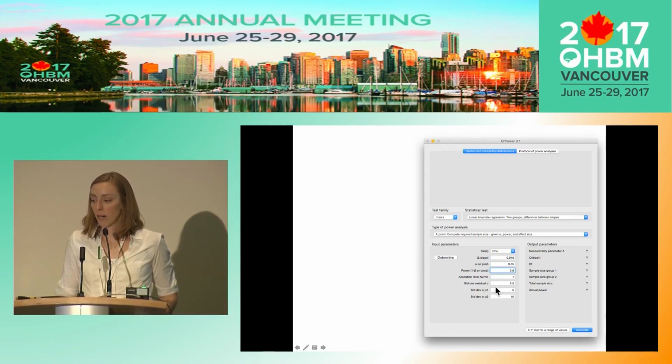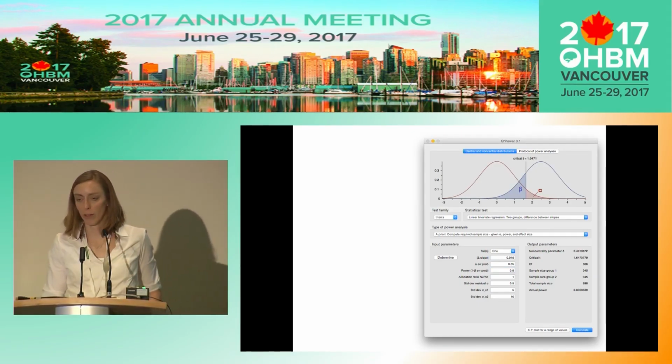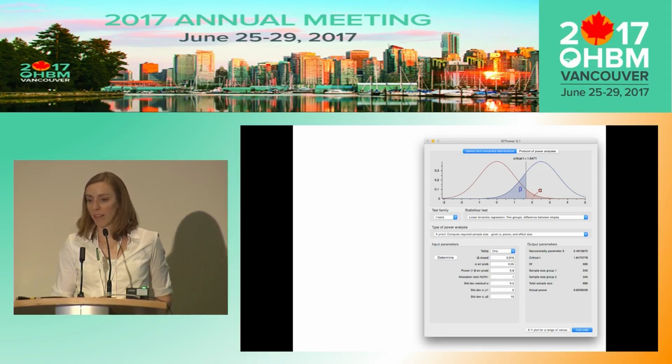And then there are, I believe, a couple of variance terms, maybe 3 variance terms, and the ratio of the sample sizes between the two groups, N2 over N1, which it seems reasonable that you would have those balanced. If not, you can change it. And you can hit the calculate button. I think these were the defaults. And in this case, it'll spit out the sample sizes you need per group, and they're huge. I think it's 345. So that's not going to happen. If I'm not going to get 100, probably not going to get 345.